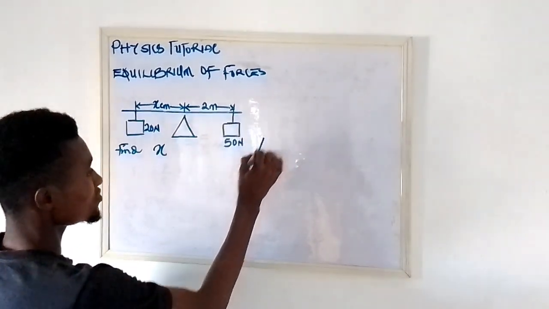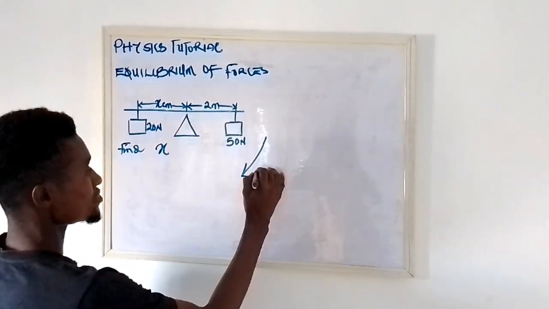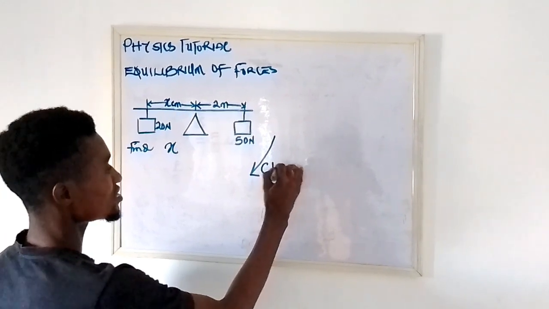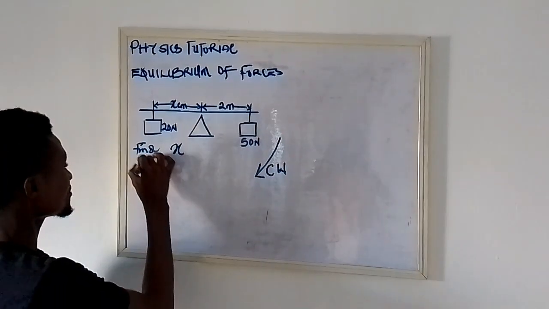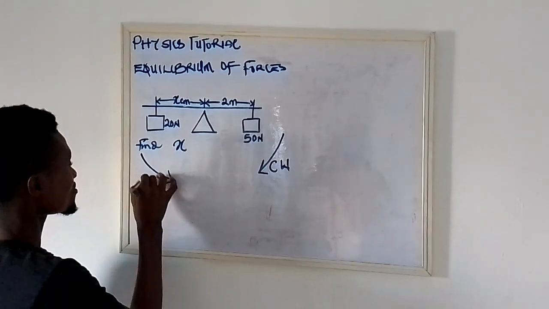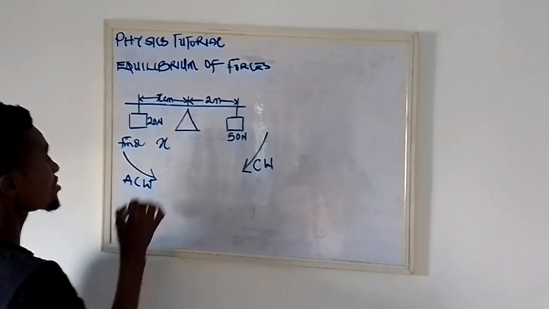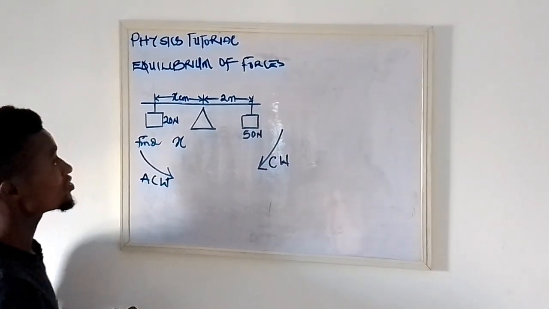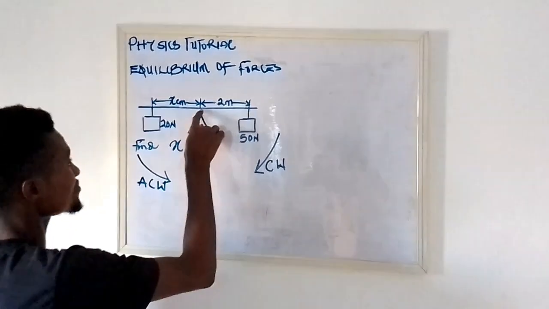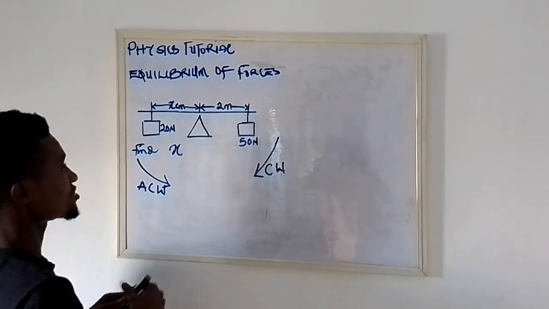this body moves in a clockwise direction this way. So here we call it the clockwise direction. While if it moves this way, we call this one the anti-clockwise direction. Now, if you are taking a moment around this pivot, this origin called O,